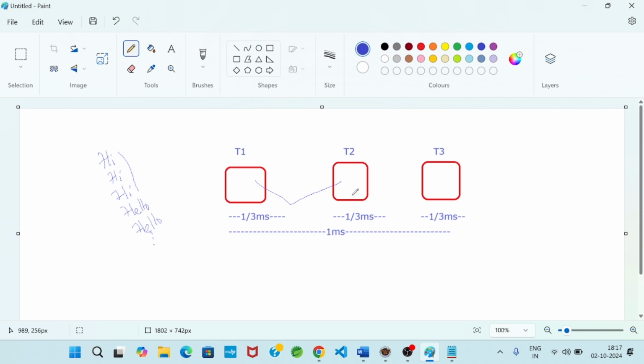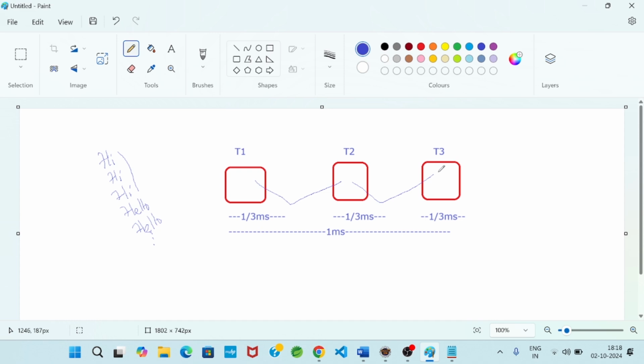Similarly, within 1 by 3 millisecond, if T2 completes its execution, then the control will go to T3. If within 1 by 3 millisecond T2 is not able to complete its execution, then control will switch over to T3. Then T3 will execute the same way, and after T3 execution, the control will see if any time is remaining, because total time is 1 millisecond.